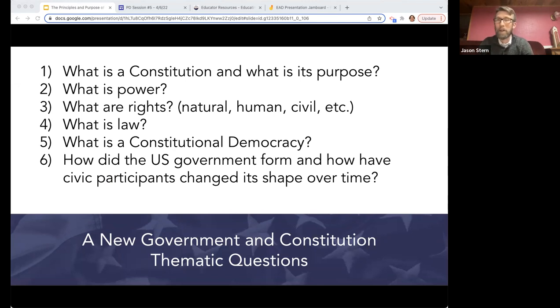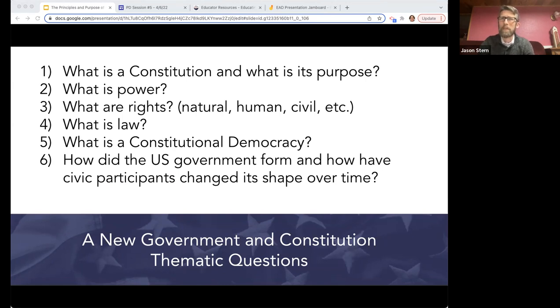section. I know they were gone over before, so I'm not going to focus entirely on them. But what I want to highlight from these are, they talk about power, they talk about the rights people have, they talk about laws, all things that kids have probably experienced in some way or another, even if they don't know that they have. So the way I like to start to teach these themes is by saying, well, what